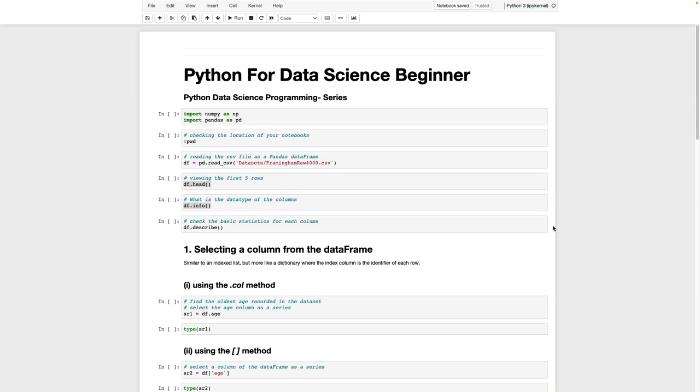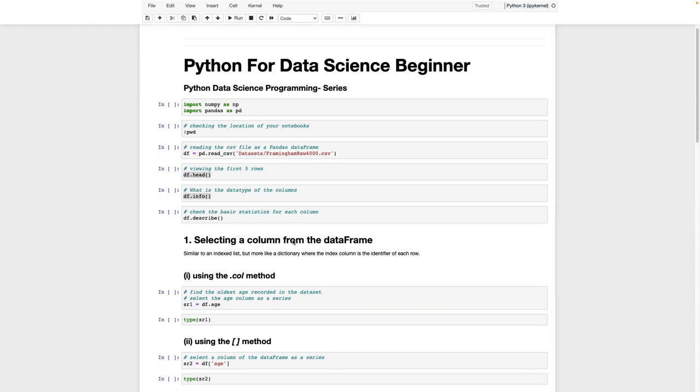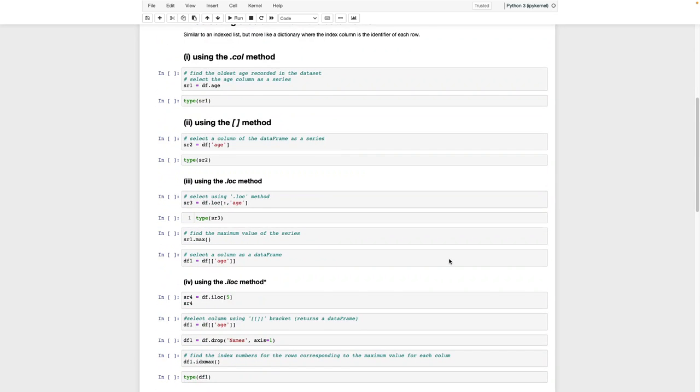This lesson focuses on a very special data structure in Python, and that is the data series. We are going to look at how we can form series by selecting columns from the data frame. We can also form series when we select rows from our data frame, and these series have some very unique properties that allow us to ask very specific questions of the data frame data set and have it return us